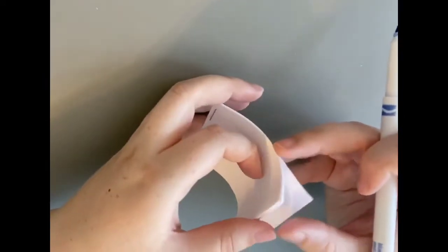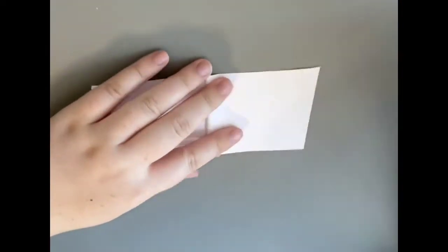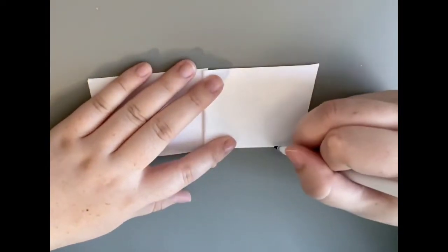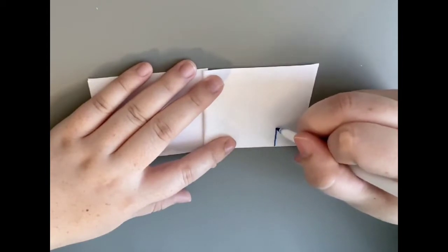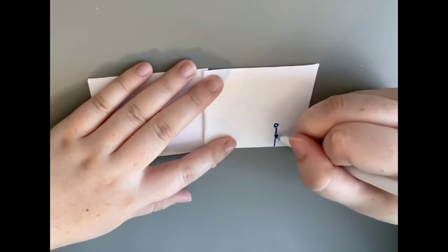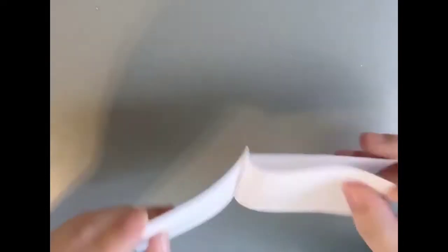Okay, so I'm going to start my flip book. So I'm going to start it from the very last page. So the first thing I'm going to draw will be on the very last page. And I'm thinking that I want to do like a flower blooming. So I'm going to start off with the stem. And I'm going to add just a little bud, like it's about to bloom, and just 2 little leaves on each side. And then going to my second page,